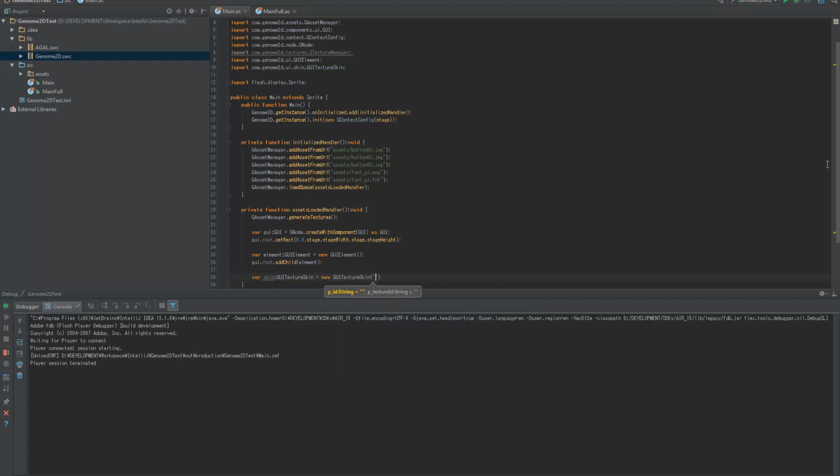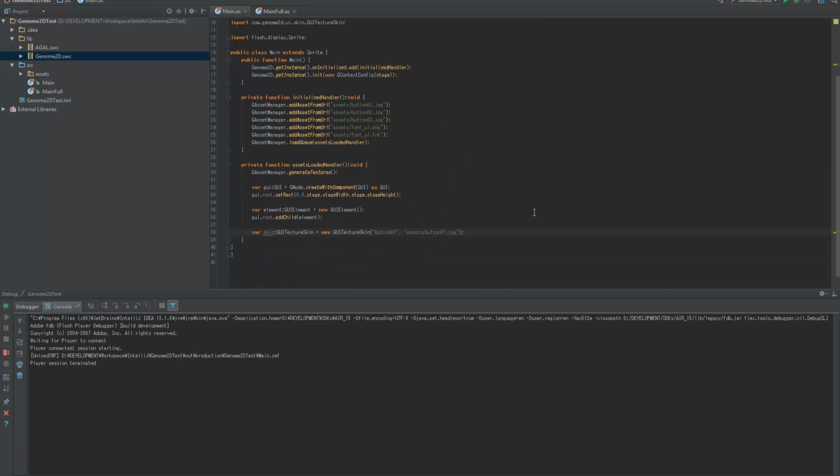We are going to tell it a skin can have an ID, so there is a skin manager, and if I specify this ID, for example button 01, and specify a texture ID we are going to use to render this skin, and that's the button 01 JPEG, it will automatically add it, similar to texture, to some kind of skin manager, and you can look up this skin. Now when we have a skin, we can add it to